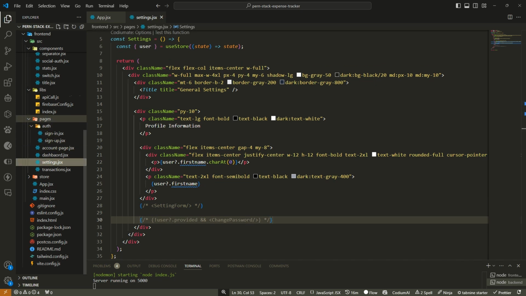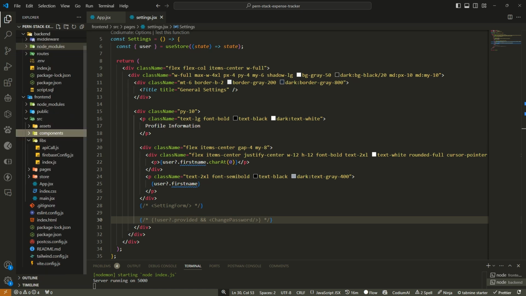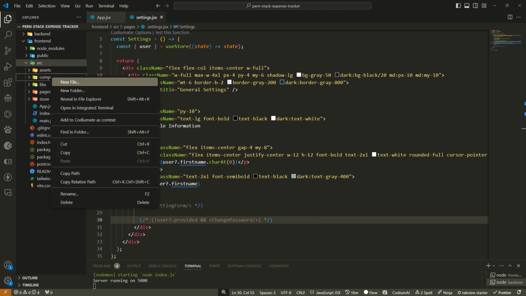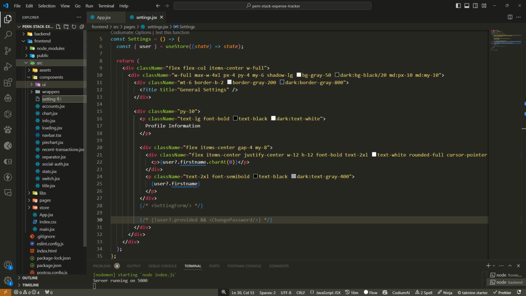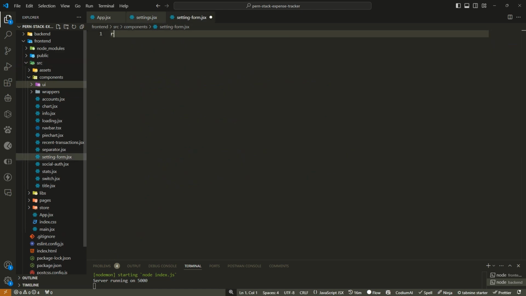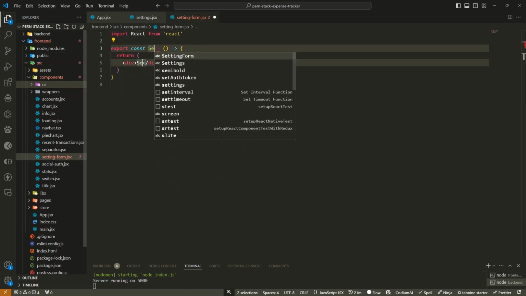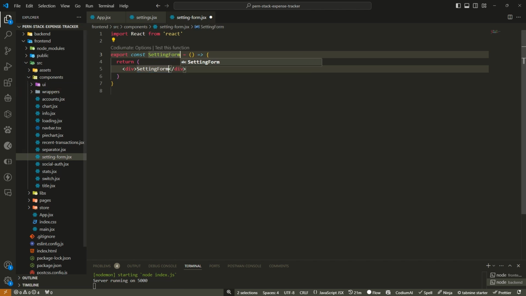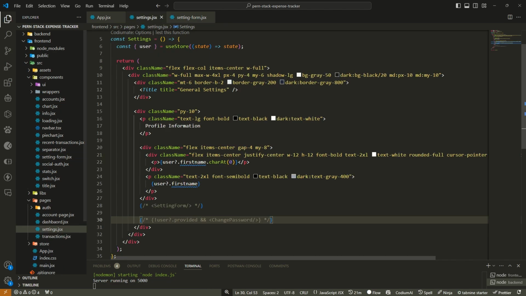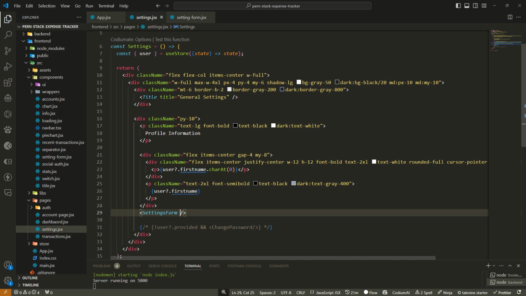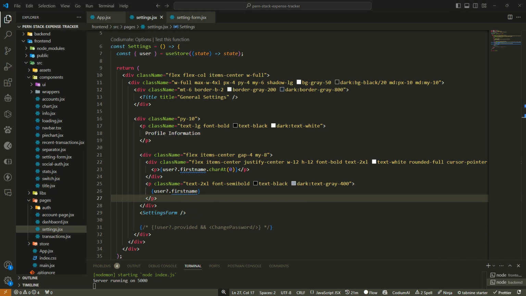Okay, so let's go into components. In SRC, if I go into components here, I can have settings-form.jsx, RAFCE. Okay, so settings form. Great. So let me make sure I import it here. Great. Okay, so in the settings form, what we're going to have there,